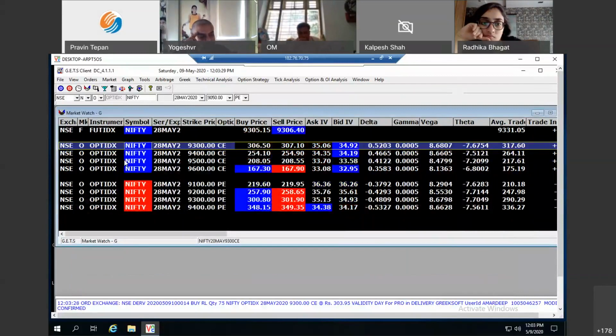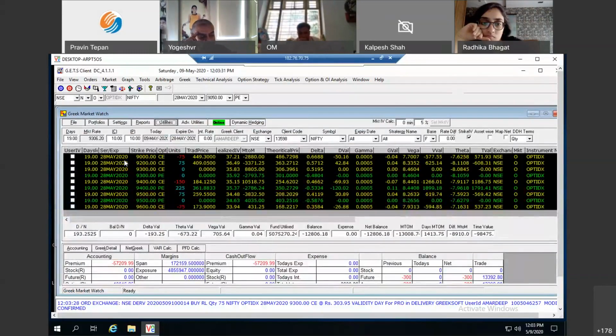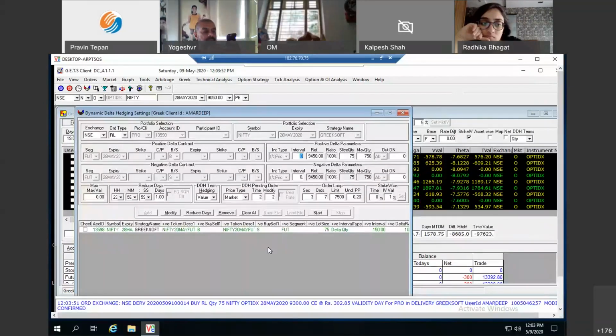Then we moved to our F7 screen. F7 screen was my portfolio management screen. I was able to manage all my Greeks, my M2M, my expenses, my margins. I can do a what if analysis, paper trading. Everything is possible on this particular screen. This screen was closely looped to my dynamic delta hedging screen. The DDH screen is used to hedge my delta quantity wise, price wise, percentage wise. So overall, you can hedge your position as well.